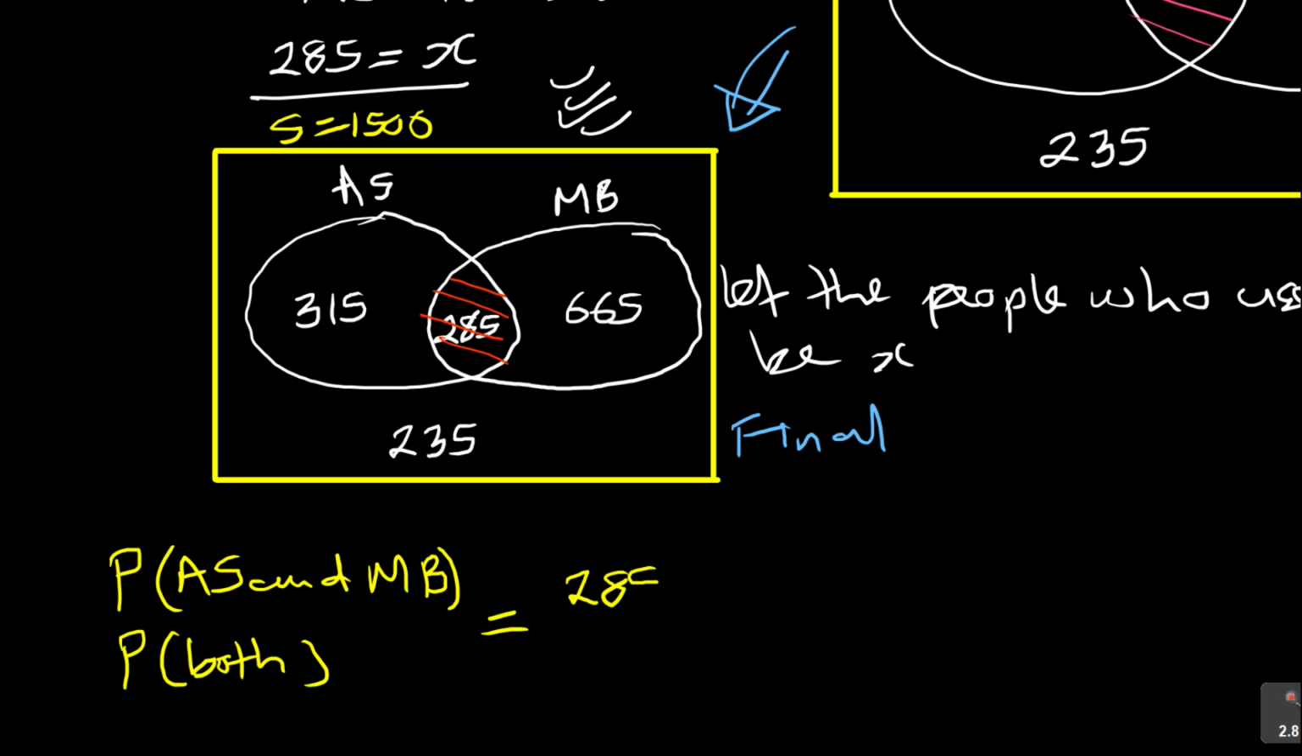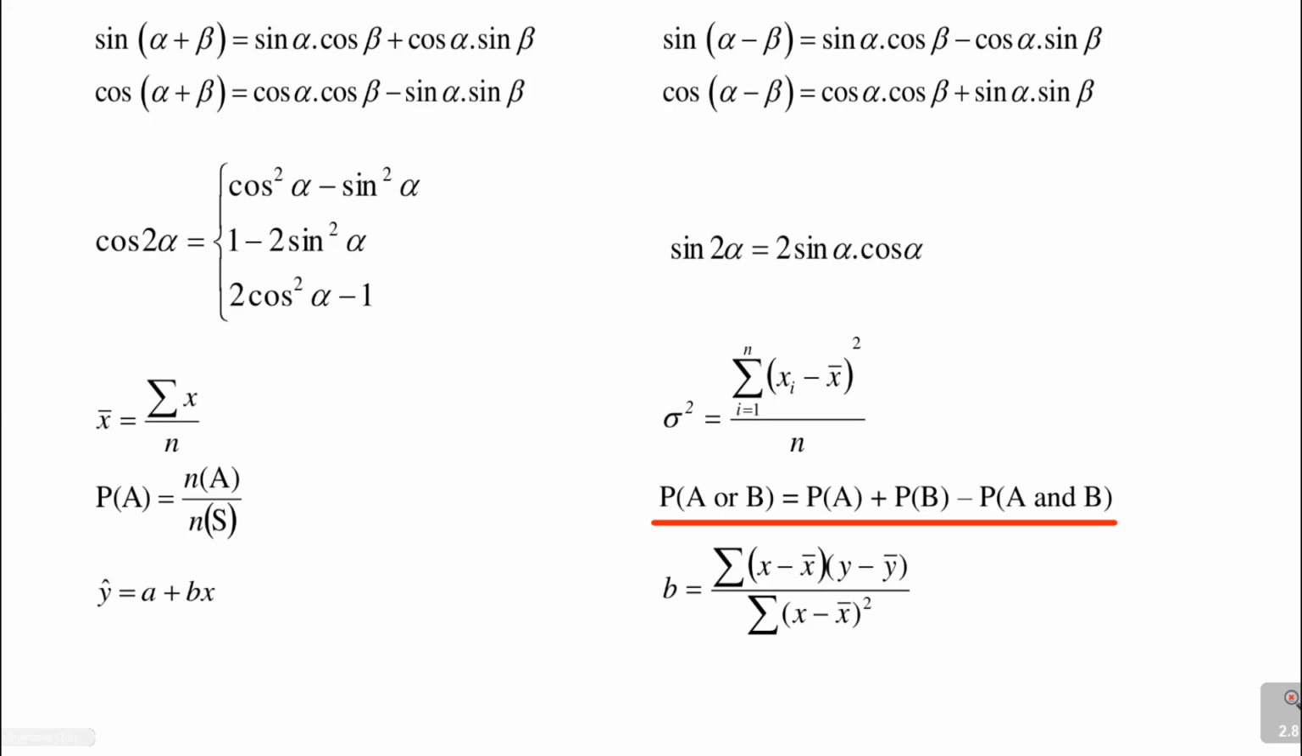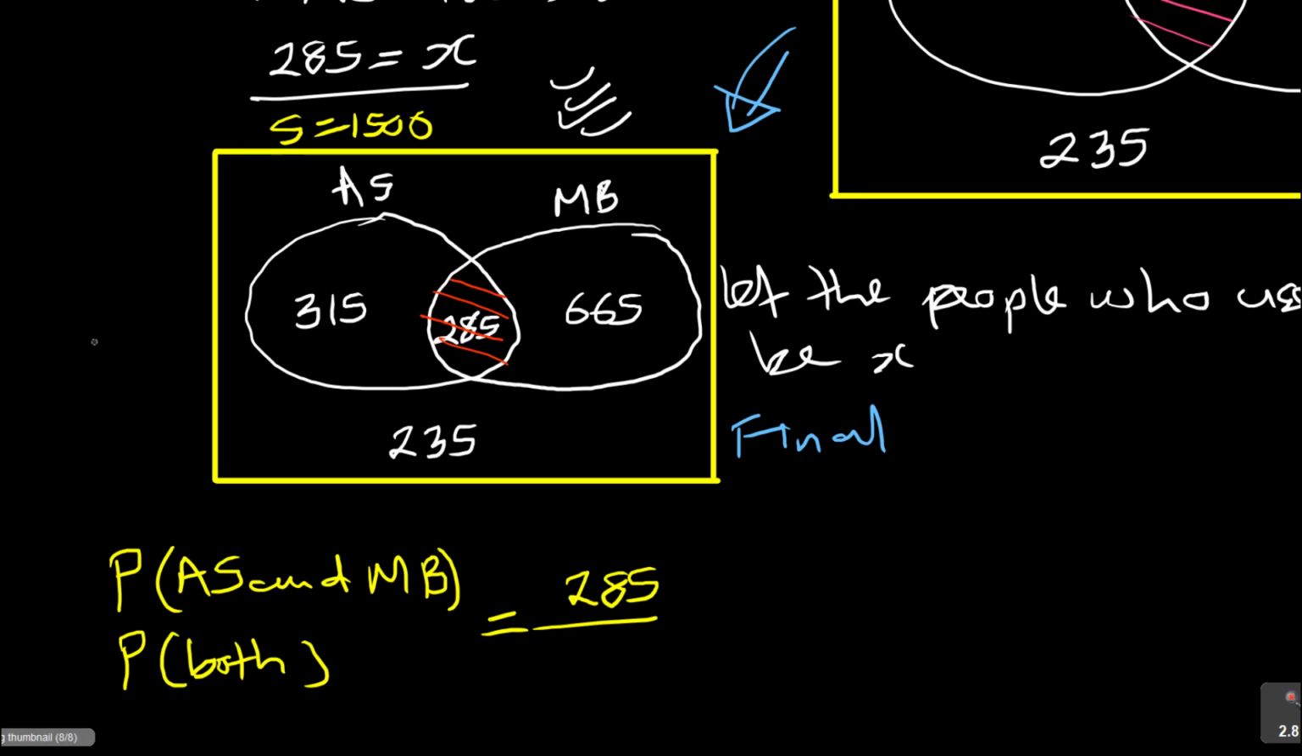285 over your sample space. Now there is a formula here. Probability of A is number of A over number of S. You see there, this is the formula actually. Probability of A is number of A over number of S. So if I can write it for you here to say